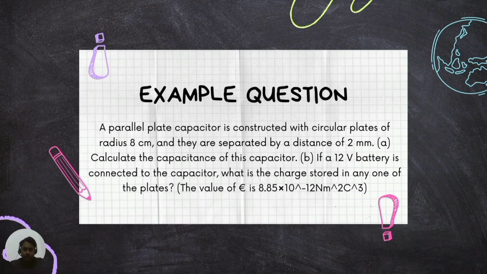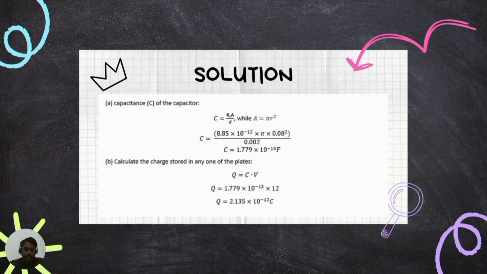B. If a 12-volt battery is connected to the capacitor, what is the charge stored in any one of the plates? The value of permittivity is 8.85 times 10 to the power of negative 12. For the solution, A, the capacitance of the capacitor C is equal to permittivity times A over d, while A is pi r squared, which is